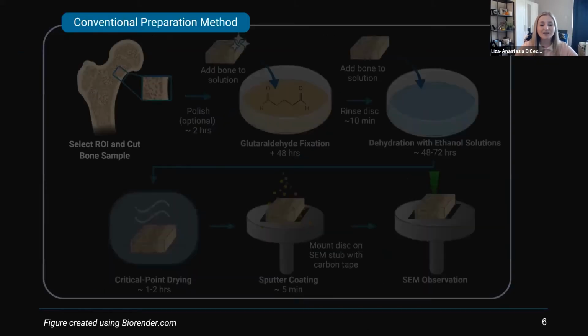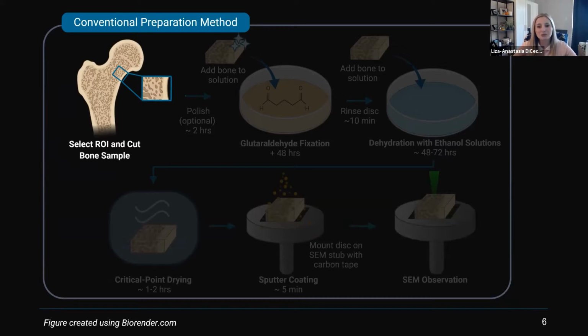Here I provide a really exaggerated example, but this is how a day in the life in the Granfield Research Group often works. We work with a lot of bone samples. This involves us selecting our region of interest and cutting our sample. This is normal stuff when you're preparing your samples, but then there are many lengthy steps that we have to do to get it stable in an SEM.